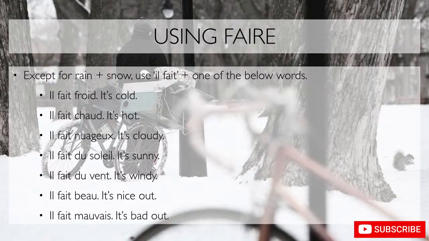So you can rationalize this again with the god theory. He rains or he snows, type of thing. So it's an action that they're performing, as opposed to a state that they're making when you say it's cold, it's hot, etc. So hopefully that helps clear it up, and hopefully now you'll be able to more clearly express the weather using faire, il pleut and il neige, as well as being able to express the time in the